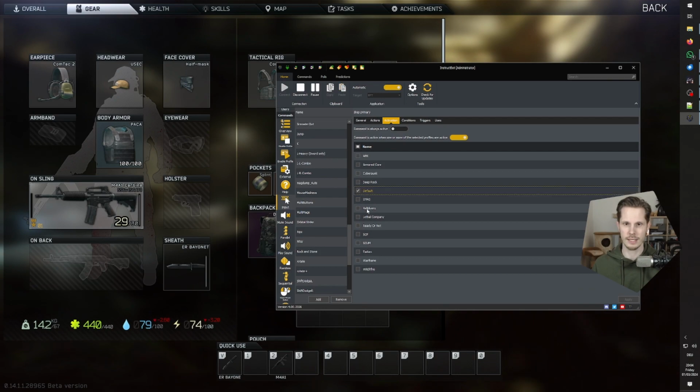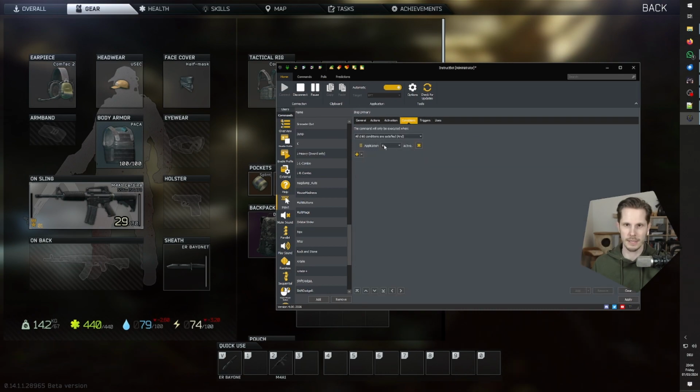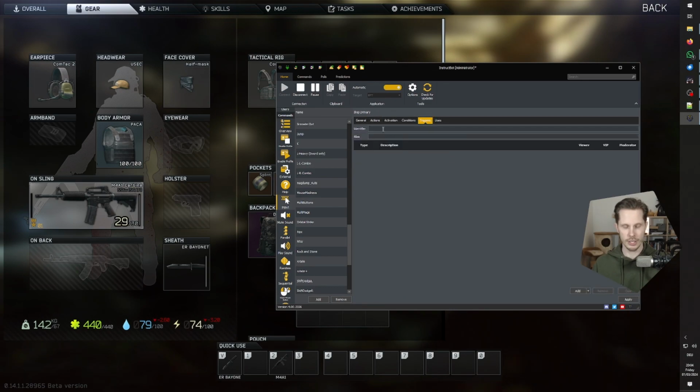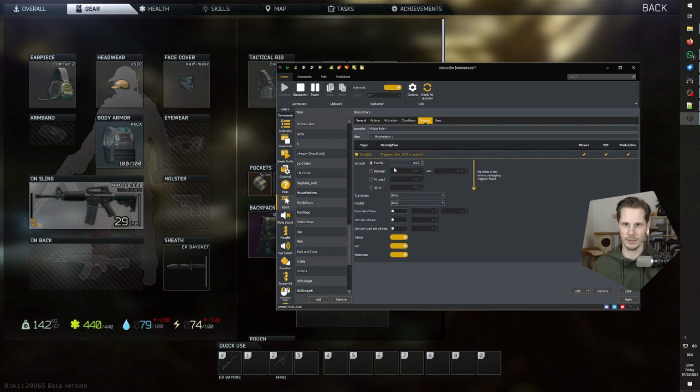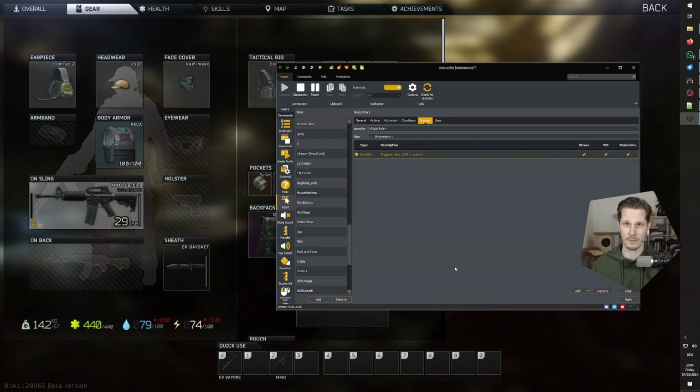Go to activations, select your profile for Tarkov, go to conditions, check if the application is active, and maybe just for the sake of it, add a modifier, a condition, so it's not going to do it while you're sprinting. For the trigger, I'm going to call this drop primary and drop weapon 1, maybe, and I'm going to add a donation of, let's say, $5. This is all down to personal preference and to how generous your audience is, basically. Hit apply